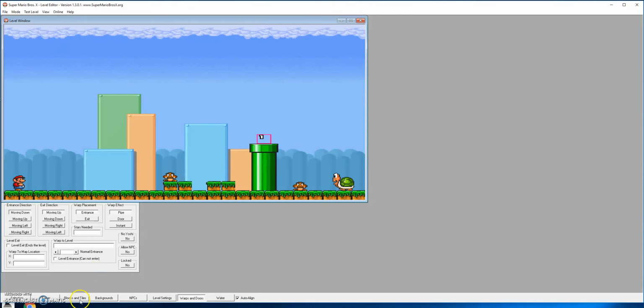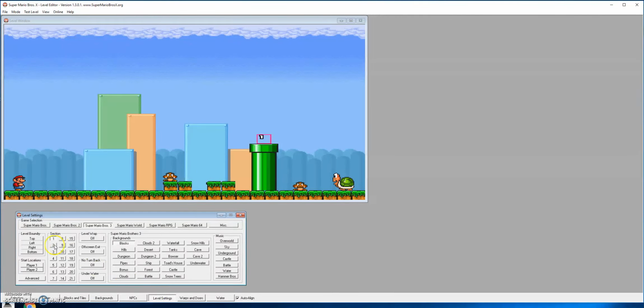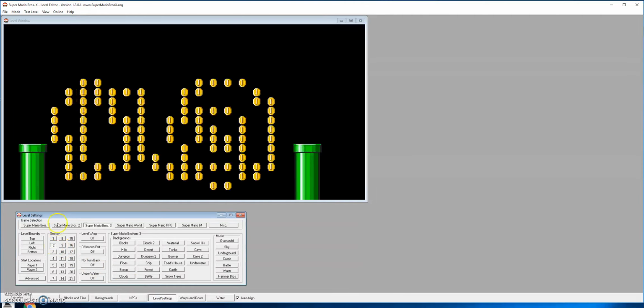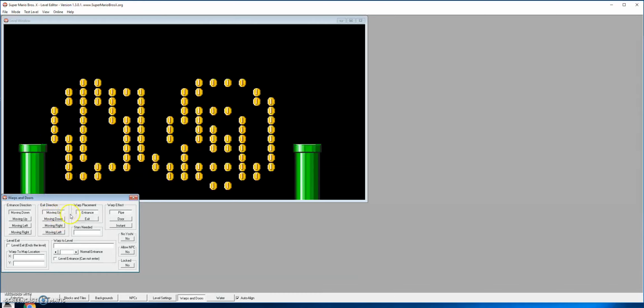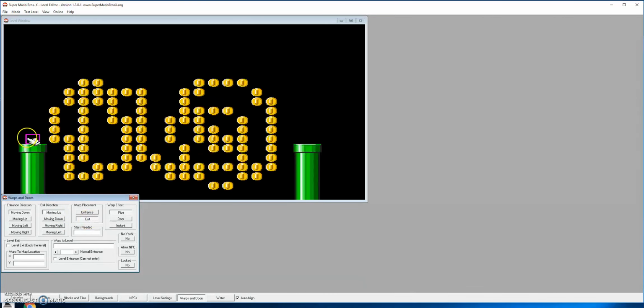Now I go back to my level settings, I go to 2, and he's going to exit here, right? So warps and doors, moving down is going to go in, moving up is his exit, he's going to come out here, so this is going to be exit. So I click here, and again it's a 1, right? So it's matching. So I've got 1 and 1 in my other level. Now he's going to enter here, so I'm going to click entrance, moving down, exit, moving up,